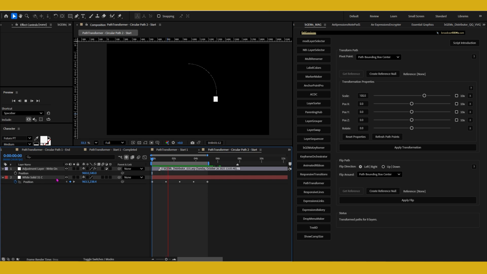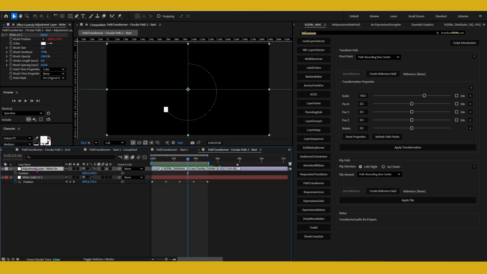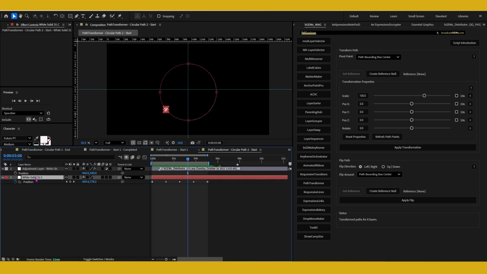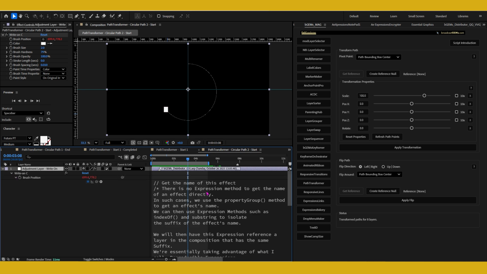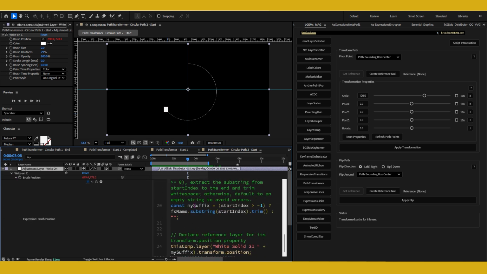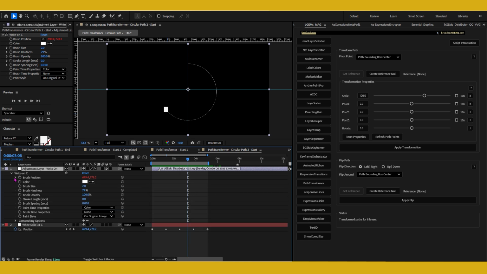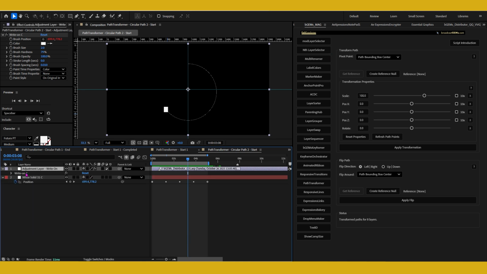And then on an adjustment layer, I've applied the effect. I've renamed it C so that the C references this layer with the letter C at the end, the suffix. It's also got an expression. This part is not related to the script, but it's a way to show you how to use reproducible